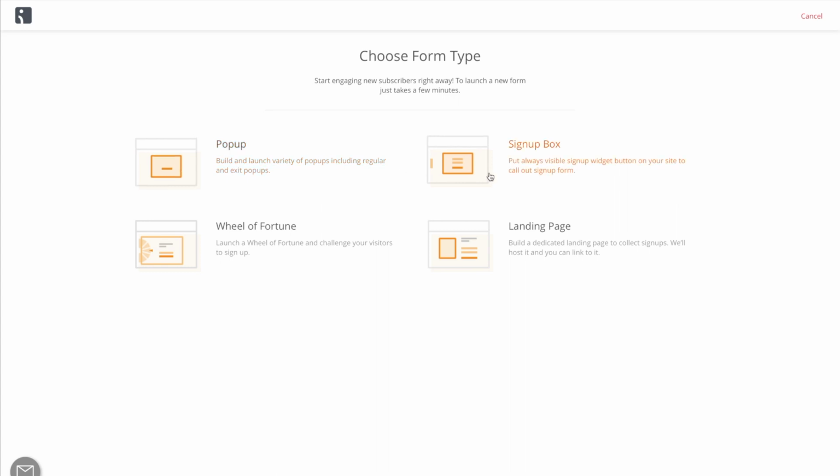Sign-up box is a small widget button which can appear at the bottom or on the side of your store screen, and once somebody clicks it, a sign-up form appears. Wheel of Fortune is a gamified way to collect your subscribers, where your customers can spin the wheel, win something, and in return provide you